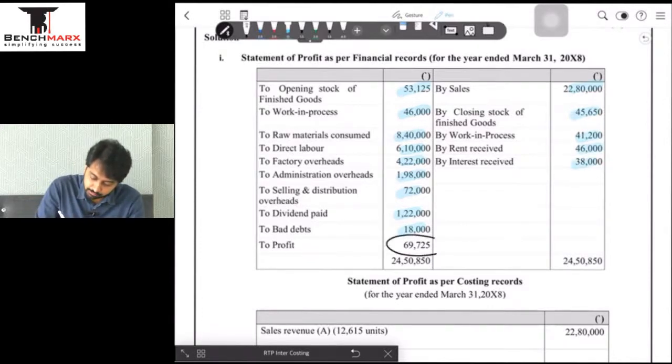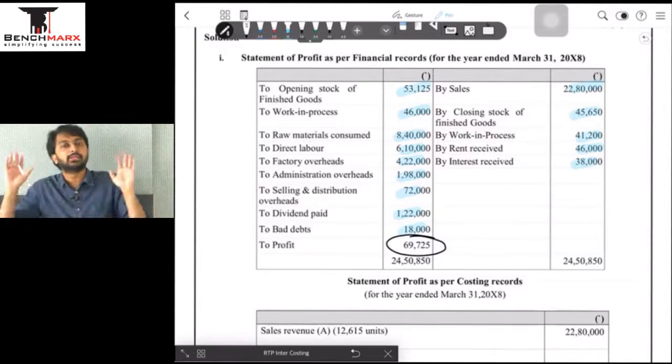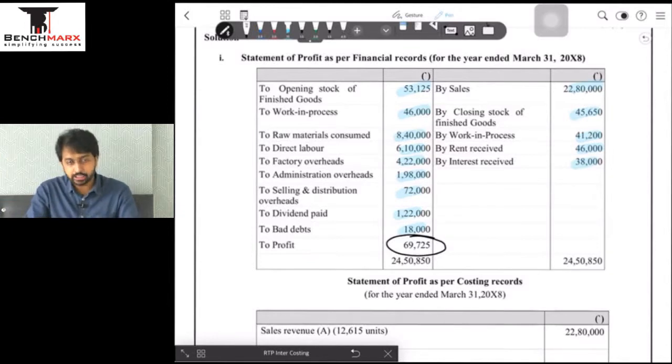and after simple posting I will get the profits as balancing figure, and this is my profits as per financial records. I haven't wasted time to find all these things because we are revising. There is no need to verify numbers वहाँ से आ रहे कि नहीं आ रहे. I have done that verification. All numbers which are coming in that table are directly coming in the trading P&L account. There is no need to do any calculation for any figure. सीधा numbers वहाँ से copy किया, यहाँ पे paste कर दिया, and this will give us the profits as per financial records. This is what we are going to reconcile from the profits of the costing records.